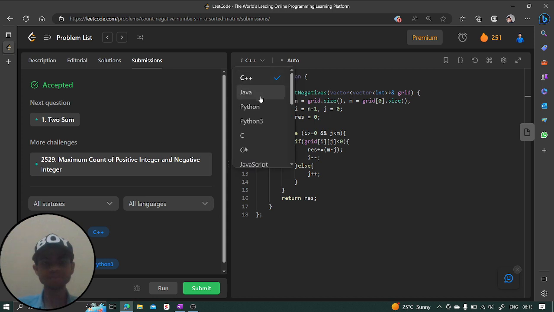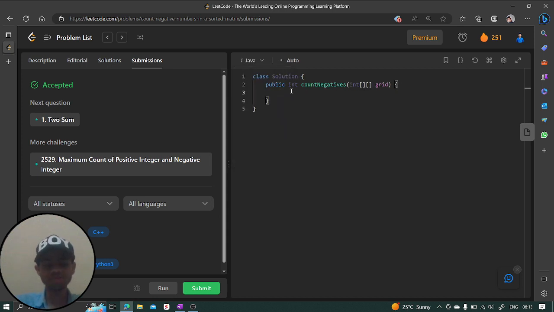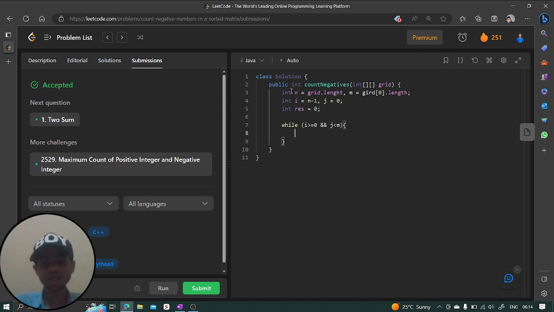Now let's move to Java. And in Java, let's quickly first of all define n. This is nothing but grid of length, and m is grid of 0 dot length, and we can say int i, which is indicating row, which is n minus 1, j, which is indicating column, that is 0. Now we can say result, which is initially 0. We don't have any single negative numbers. While this i is greater than or equal to 0 and j is less than m, we can say keep ahead